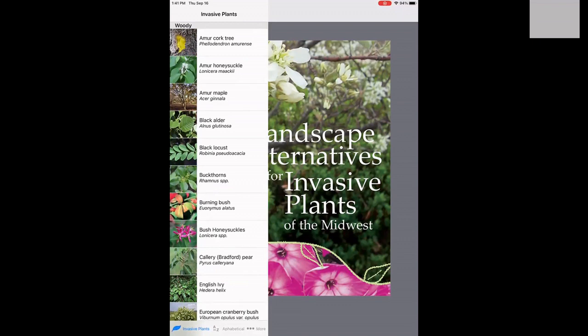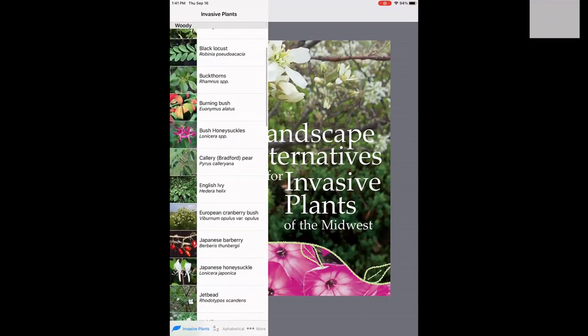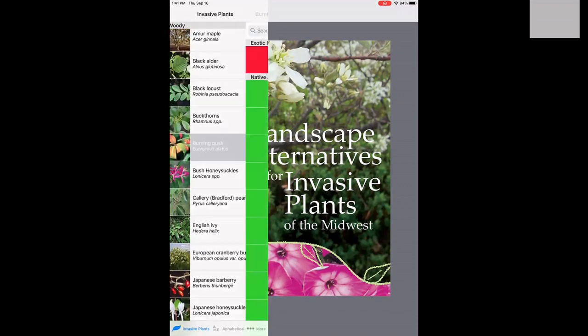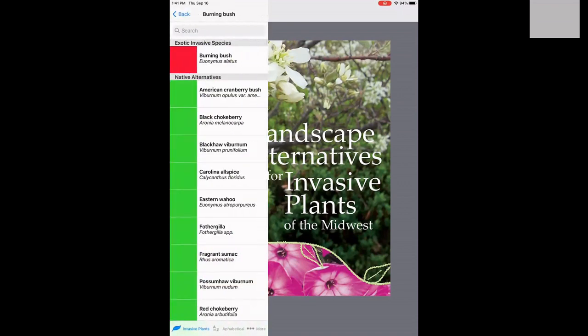So let's jump in and look at one. I'm going to do burning bush. When I bought my house, I had three burning bush that I had to deal with. So let's say I am just learning somehow right now that burning bush is invasive. These tiles are all clickable and they take you through